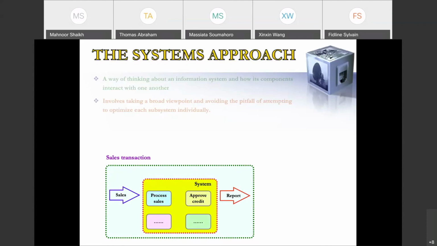And for each customer, we have a preset credit line. So there are 10 different purchases. The first 9 are okay. But when it reaches the 10th transaction, the system is going to generate an alert from the approved credit system, saying, sorry, cannot process the sales order because the customer reached